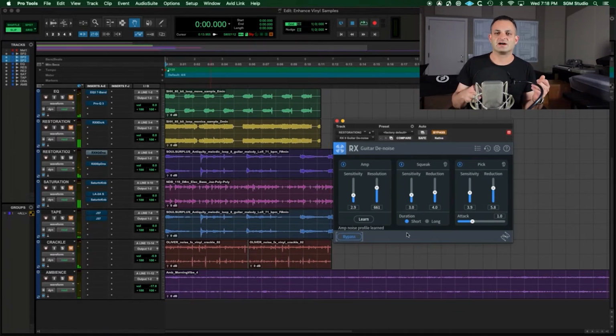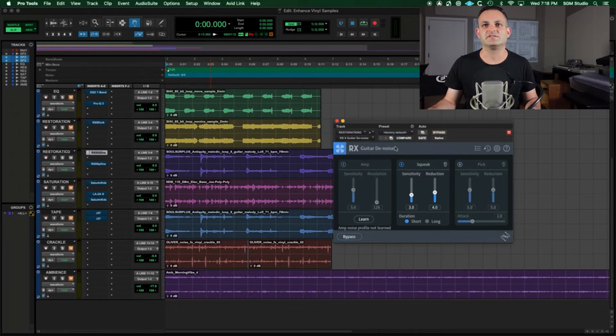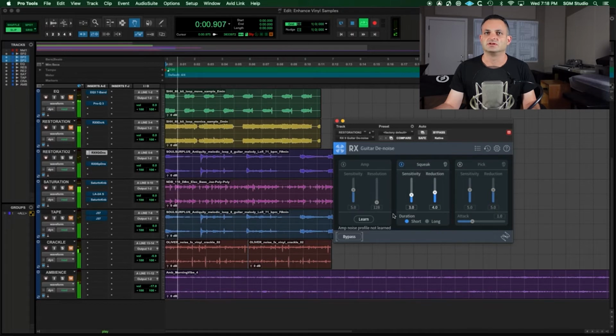Notice how I got rid of a lot of the picking and I got rid of a lot of the fret noise. I'm going to go ahead and put this to factory default and show you how this works. One of the things you want to do is you want to learn on the amp. So it's going to try to learn that. But first of all, you have the squeak. So if you want to reduce some of the squeak,